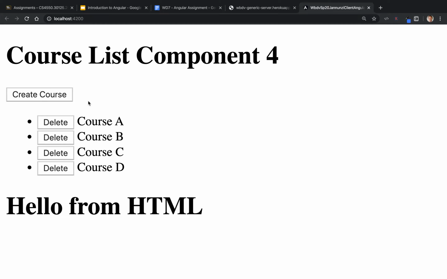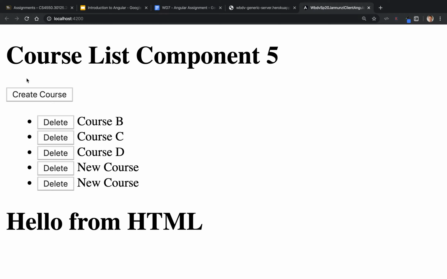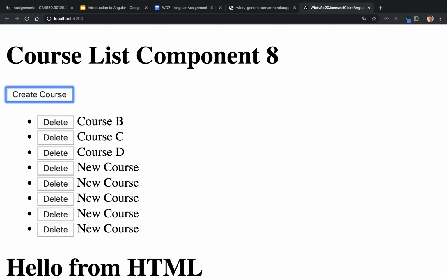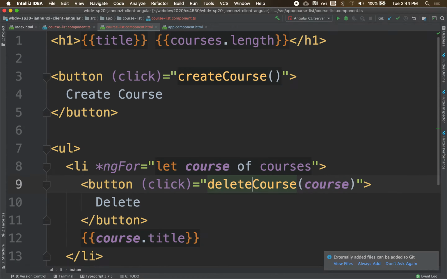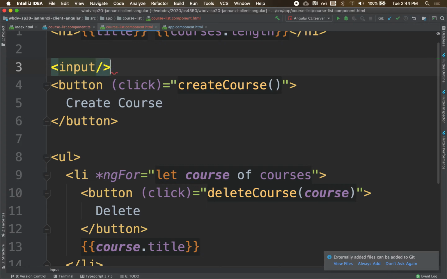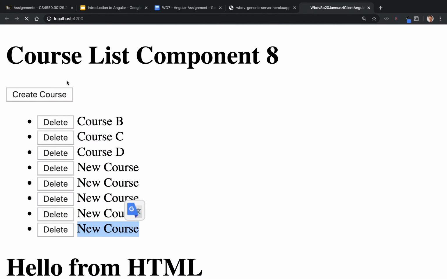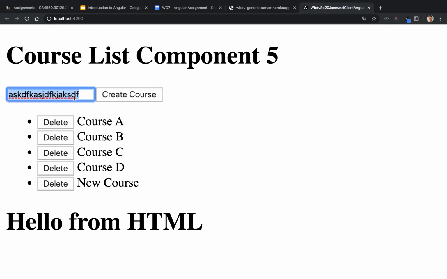where we can add new courses, we can delete courses. How about when instead of adding these hard-coded courses where the title is always new course, how about we have like an input field, right, where we can use that input field as the title of the course. So let's do that. Something like, for instance, we might have in the HTML side maybe an input field here, right? And as I type and I click on create course, I would use the title that I typed in